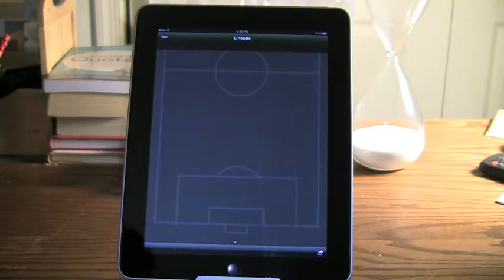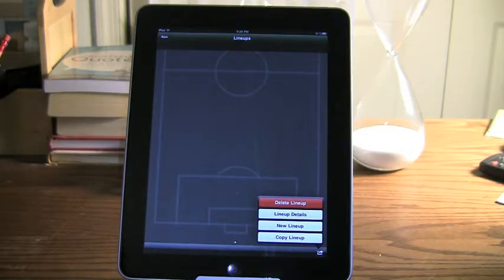The button down at the bottom right, you'll see in a number of places in the application. This is called the action button, and so I click on the action button and it shows me the sort of options that are available to me. So for right now I'm going to create a new lineup,